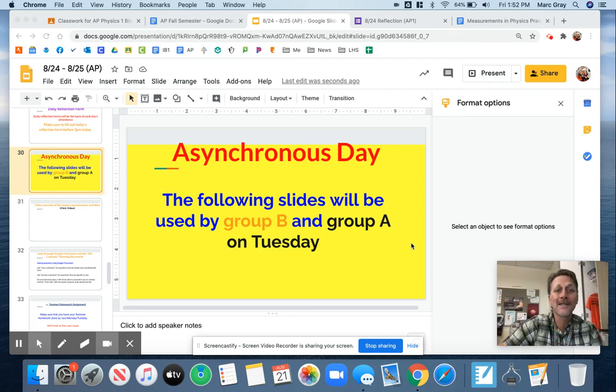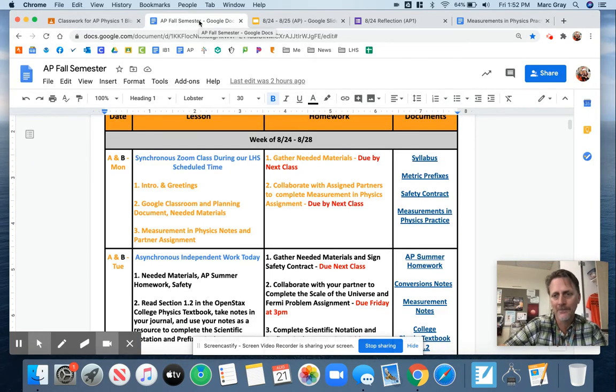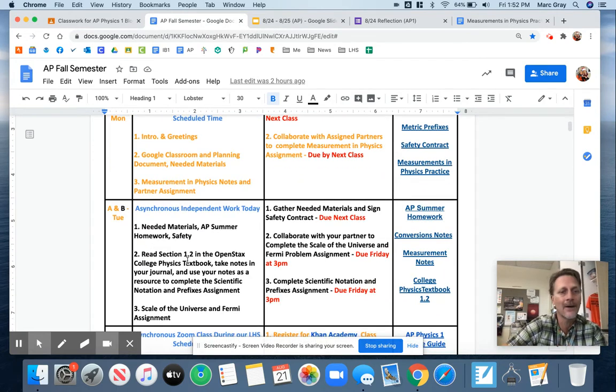So we are on our second day, and hopefully yesterday everything made sense for you. You got yourself into the class and kind of figured out what's going on. Just to reiterate a few things, a lot of what we're going to do in class is following through this agenda. Using the calendar here, we're on the second day, our asynchronous day, and you can just look at it and see the basic lesson, some of the things that are due, and some of the links that we have. That'll keep you coordinated with what's going on in class.